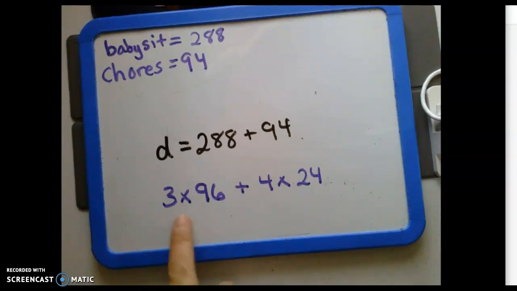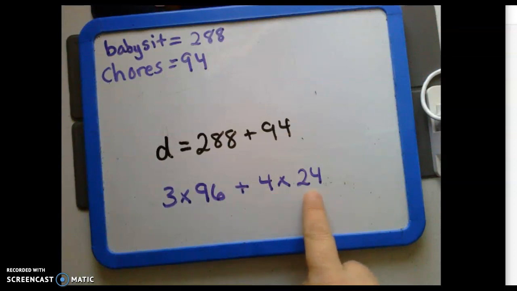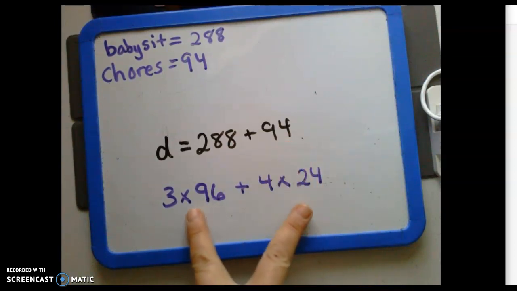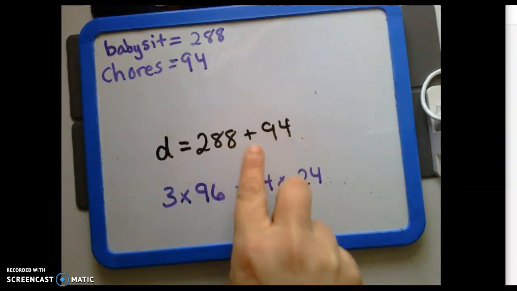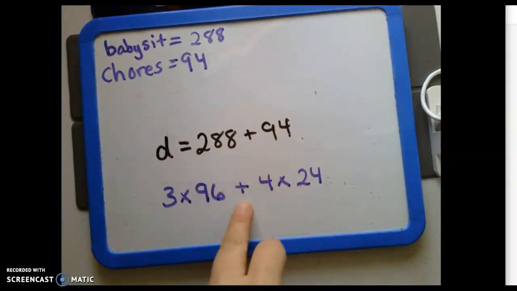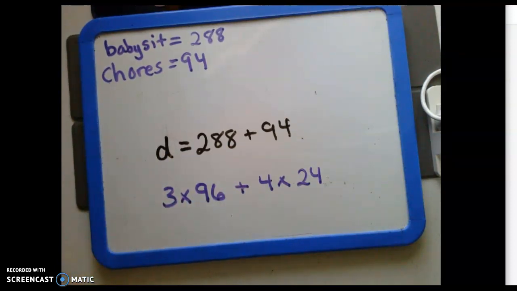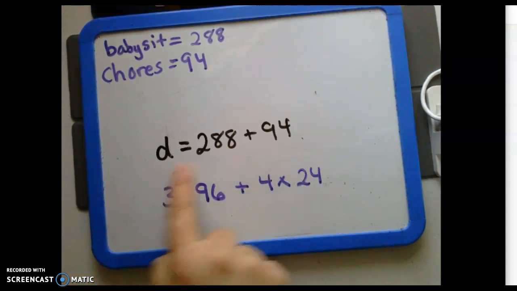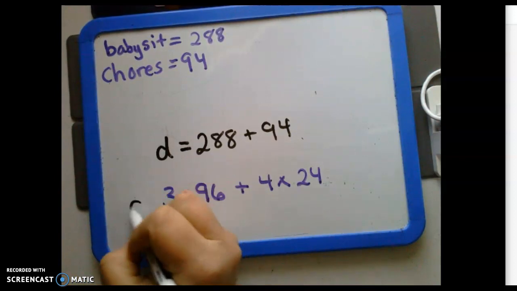3 times 96 is 288. 4 times 24 is 96. We did our multiplication first. Now we're going to take our products and add them together to find out how much she earned all together. So for part A, you can write either one of these equations. D equals